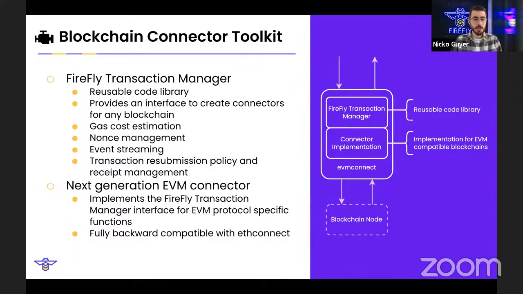So EVM Connect is the first blockchain connector to use the blockchain connector toolkit, but our hope is that there'll be many more. So if someone wants to sit down and create a new blockchain connector to connect FireFly to a completely different type of chain, not Ethereum based, the goal is that the connector toolkit has at least 80% of the code already there. And then it's just up to the developer to figure out, okay, the toolkit provides this interface that I need to implement. And I just need to write the bit of code that is the syntax